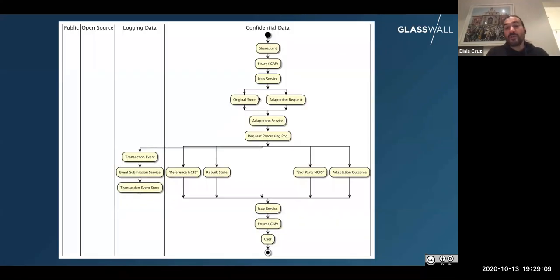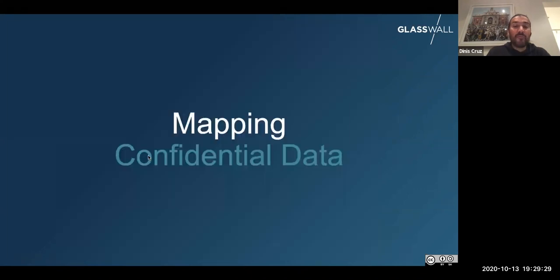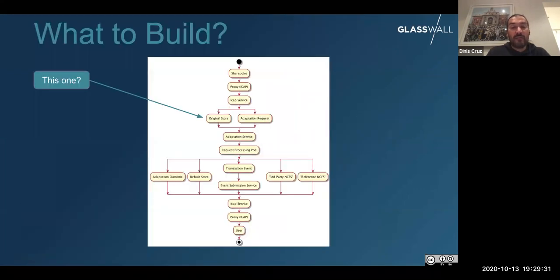Which is important. But now you can see that we're also saying that there's some logging data, and then maybe there's public or static site or open source content. But here's a very big line. We're basically saying that every event, every submission, everything that happens on the event store doesn't have any confidential information, which is super powerful. And what that means, if I actually draw on this map here,